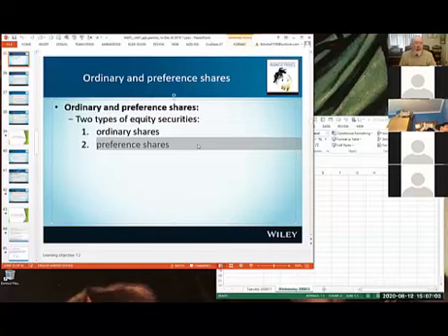The ordinary shareholders might average 5%. Some years it might be up to 8 or 9%. Other years it might be down to 1 or 2%. And so they've got the roller coaster ride, while you just sit pretty as a preference shareholder. Some of the practical curiosities of preference shares is that there are other aspects of the ownership, if you like, of the company that preference shareholders may or may not participate in. So, for instance, preference shareholders may or may not participate in the voting of the board of directors. We refer to that as voting rights. Some preference shares have them, some don't.